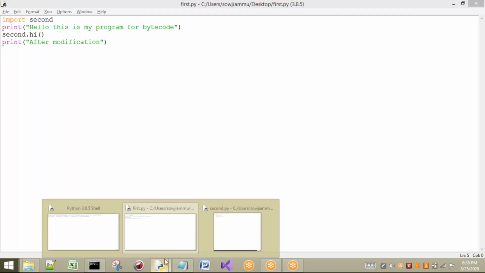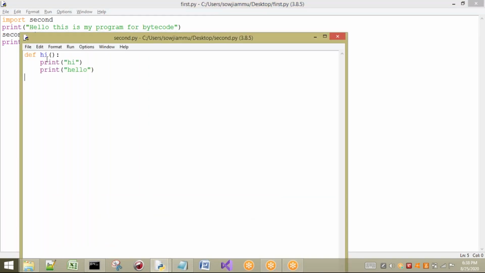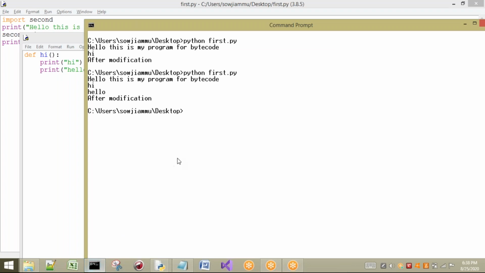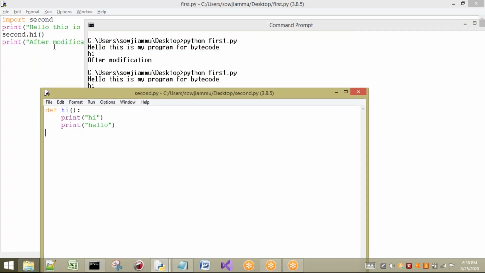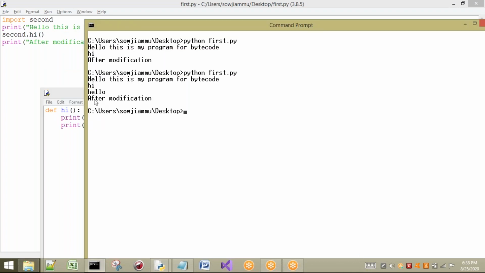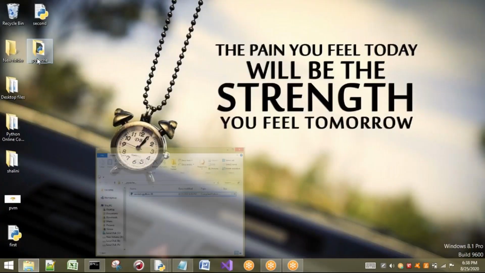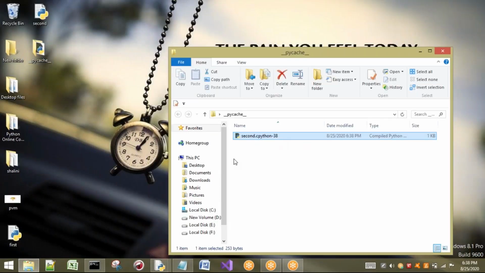Here hi is there, so this particular function is executed, so that hi and hello are printed. After this function call, what we have is after modification, so it is going to print after modification. Now your pycache, that means this particular compiled Python file, contains what?